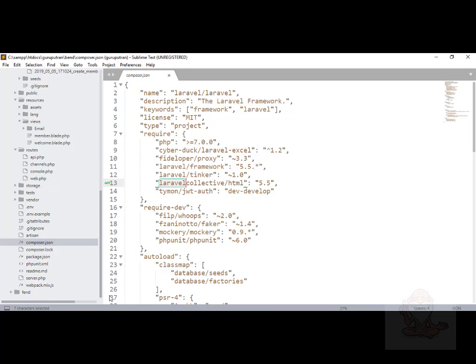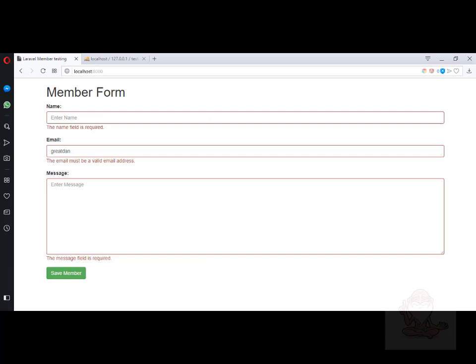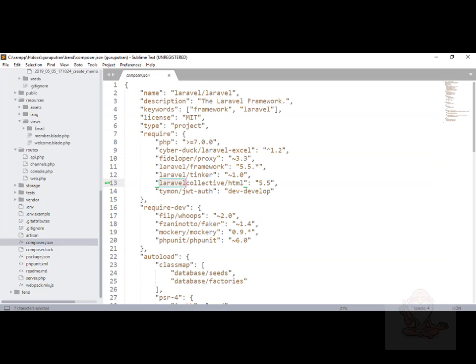So let's get back to our website. The next step is to go to providers, inside config/app.php. So let's go to Sublime Text.